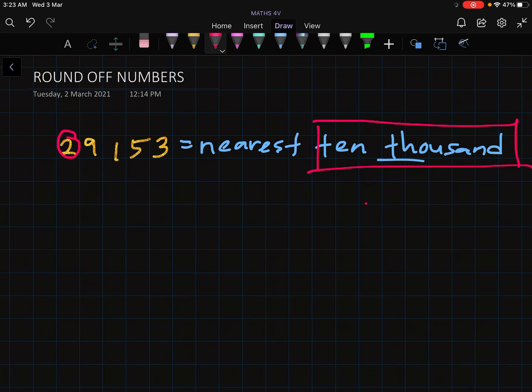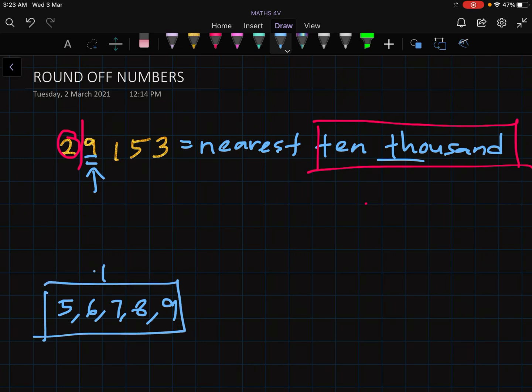Afterwards we'll put one straight line just after the circle, and then we'll underline the number just after the straight line. The number we underline here is 9. If the underlined number is 5 or greater, which means 5 or more, that is 5, 6, 7, 8 or 9, we have to plus 1. If the underlined number is 0, 1, 2, 3 or 4, we have to